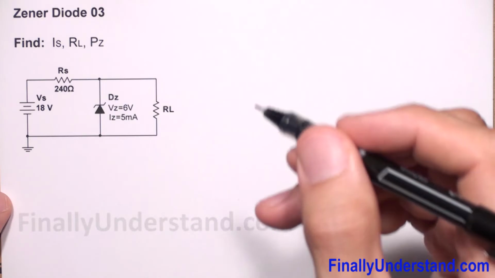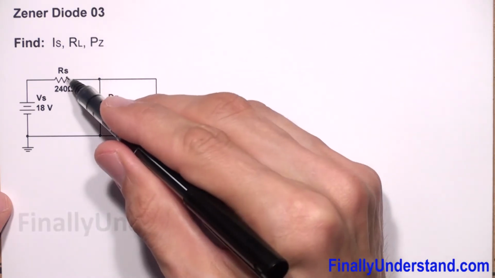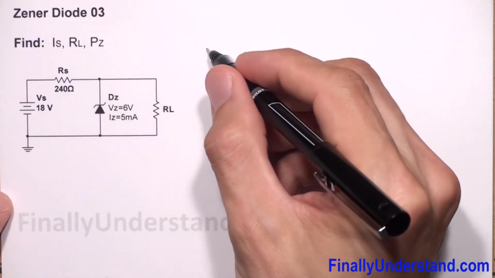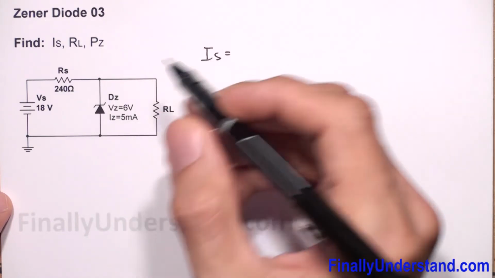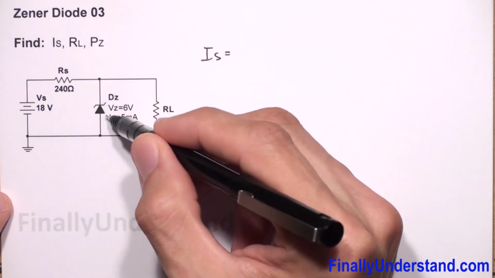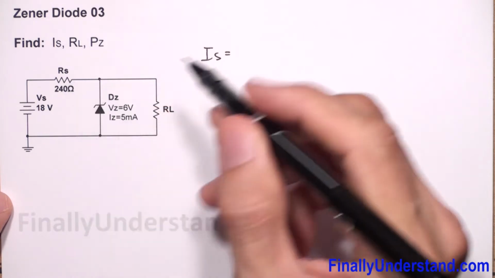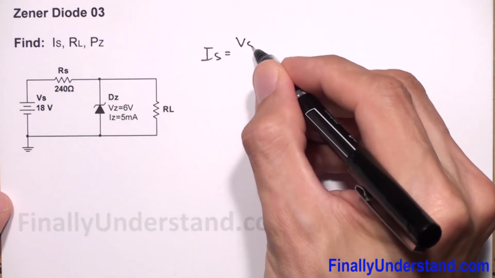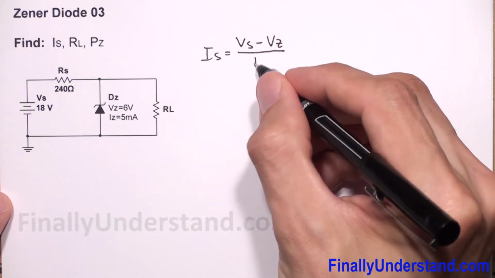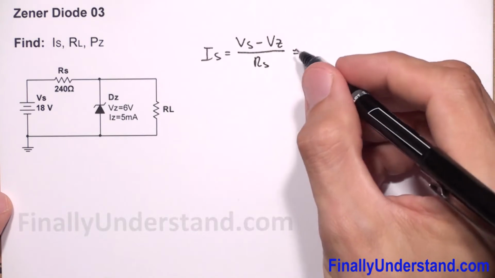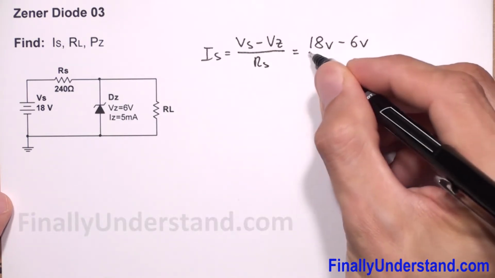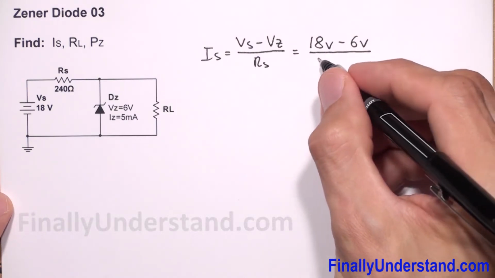diode is working. So now we can write the formula for the current IRS, or in other words IS. IS is equal to the voltage source minus the voltage across the Zener diode divided by the resistance of resistor RS. So I have VS minus VZ over RS, which is equal to VS 18 volts minus 6 volts divided by RS